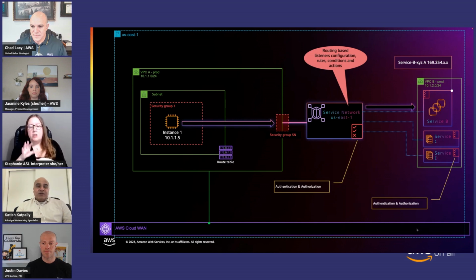So you're not configuring route tables between service A and service B and service C and D. You're just connecting them with Lattice by associating the VPCs with the Lattice service network. You get the automated VPC connectivity. When traffic flows from instance A, it resolves to the DNS entry for Lattice, and then Lattice forwards the traffic directly to where the services are. So it's a very simple way to understand how, across VPCs, Lattice gives you simplified connectivity regardless of your compute type.